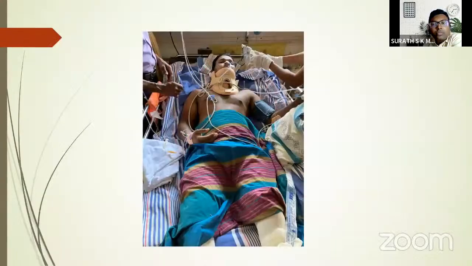So this is him. So as I said, most of these patients, 90% of these patients, do develop respiratory complications post-operatively. So in this patient also, he developed pneumonia. So we had to put him on a tracheostomy. But unfortunately, at 3 months' time, his neurology did not improve much. And he died after 4 months post-op due to persistent respiratory infection followed by sepsis.